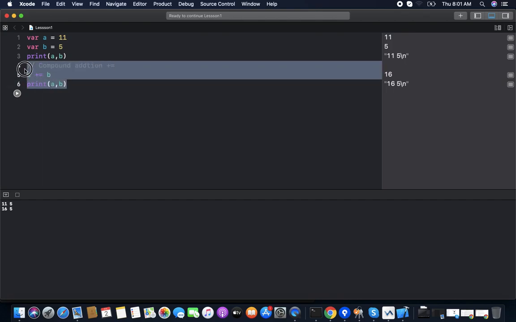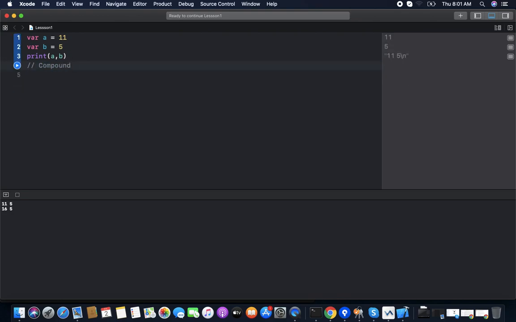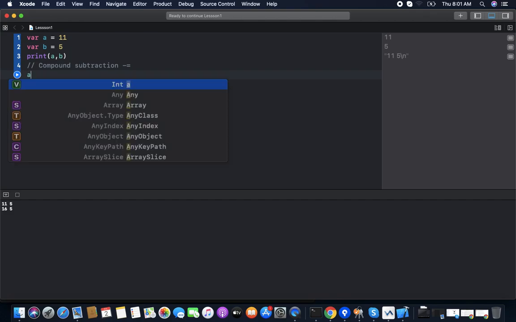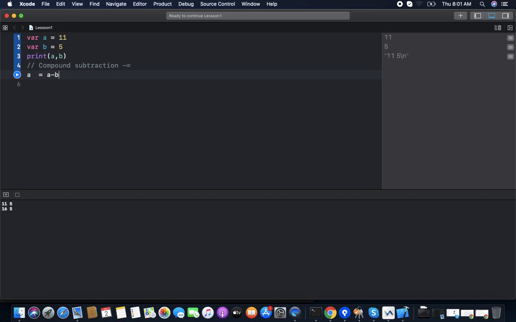Now we are using compound subtraction, minus equal to, same as addition, a equal to a minus b.